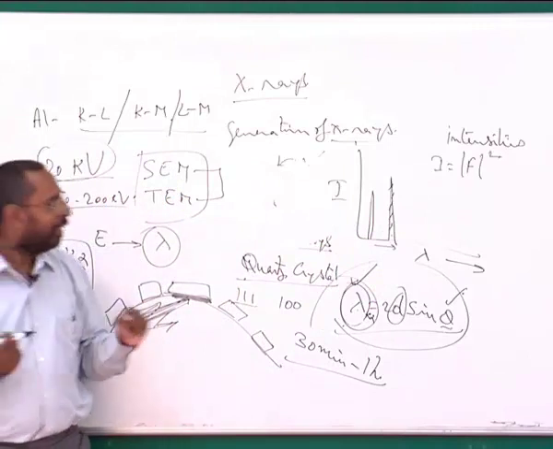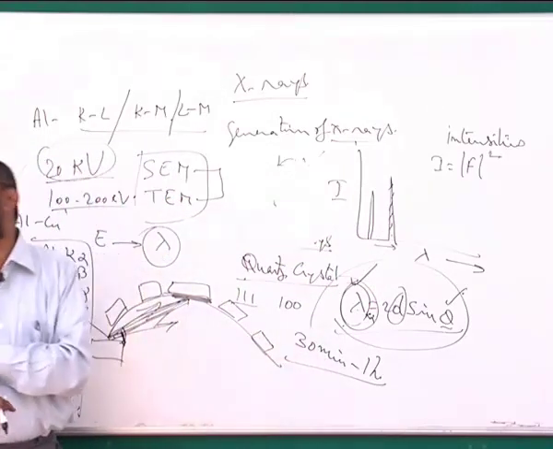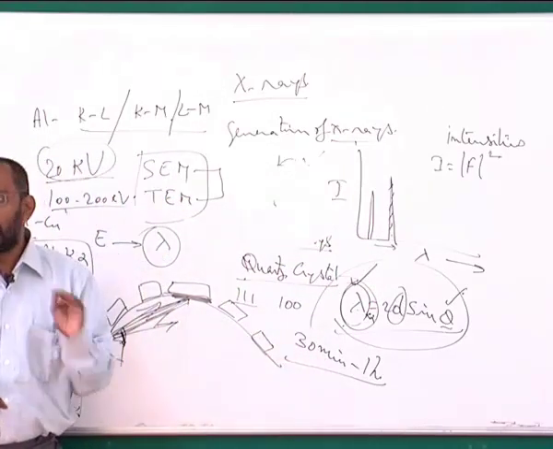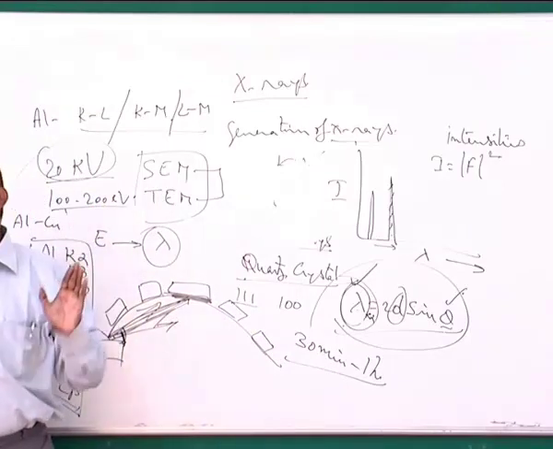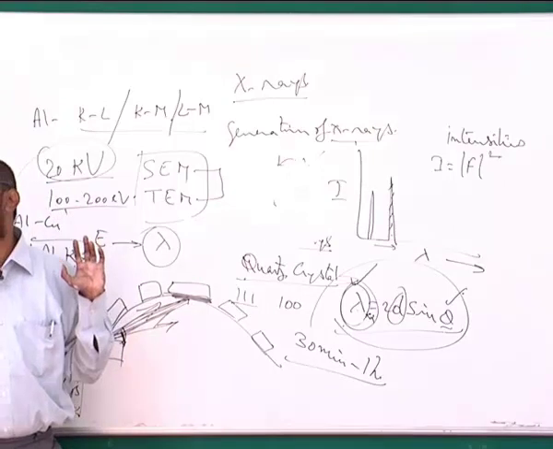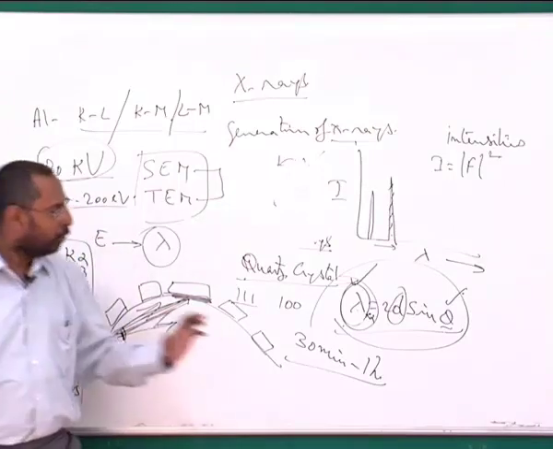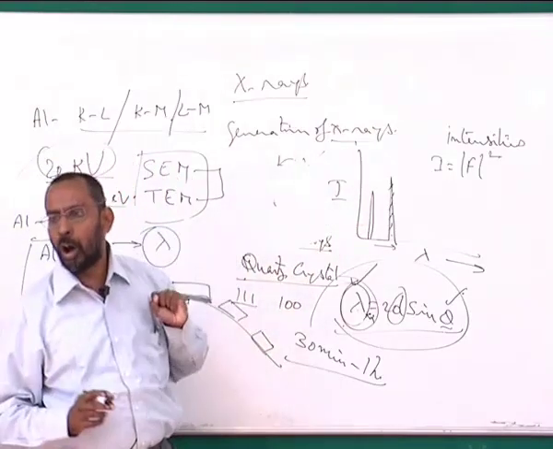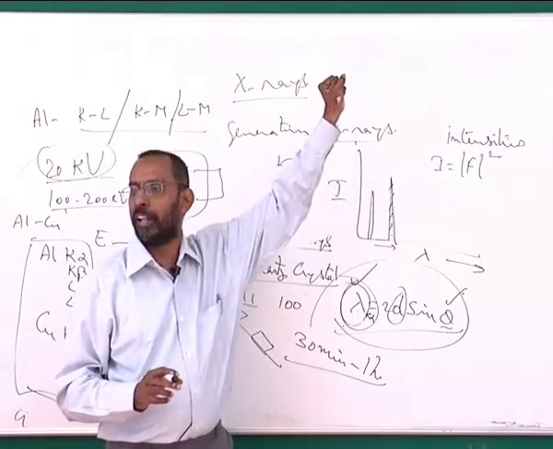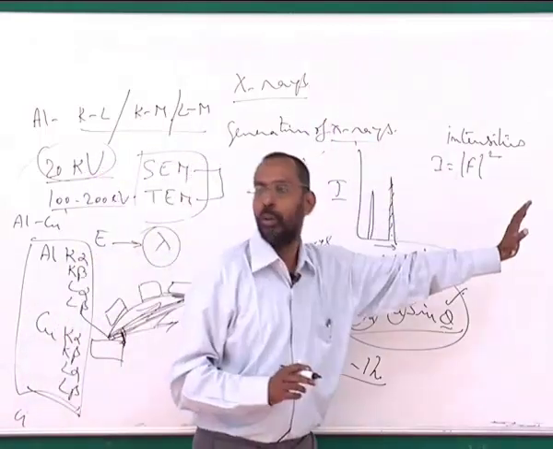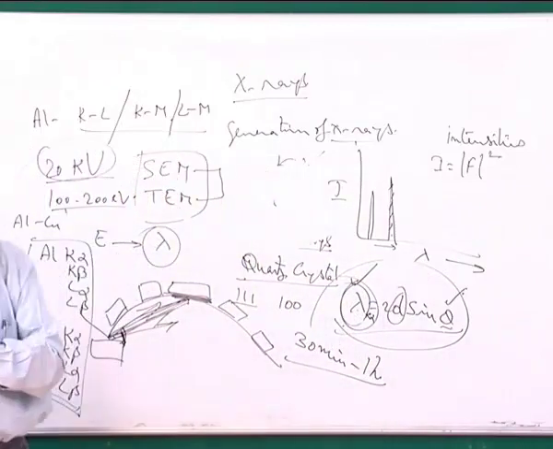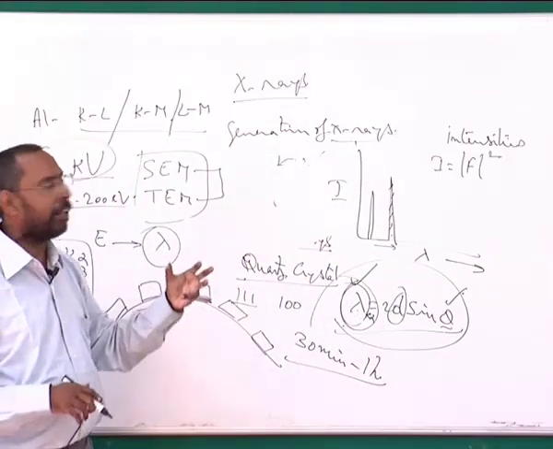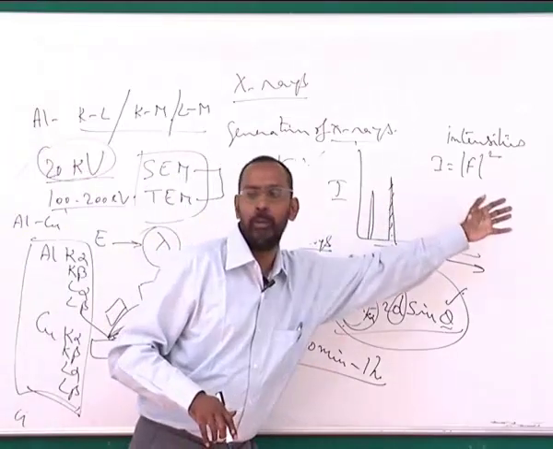That is the reason why this WDX is very slow. You need to hold it until you make sure that no more X-rays of that particular lambda are coming and being detected by this particular detector. Until then, you have to wait and collect all the packets of this particular X-ray that are coming, and only then move to the next. So by moving one by one to various theta positions and holding at each position, you will be able to collect all of them.